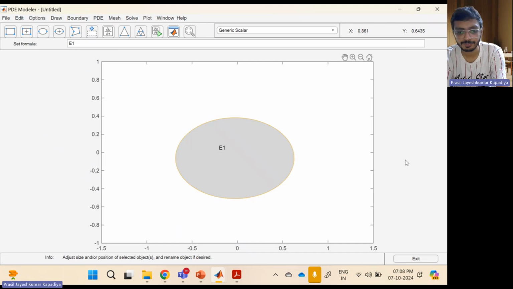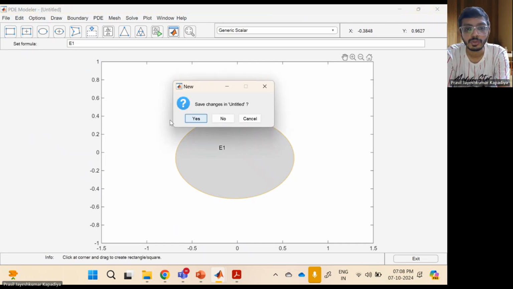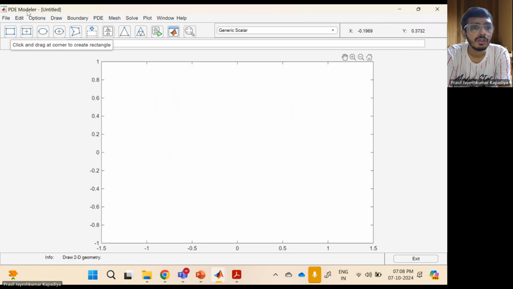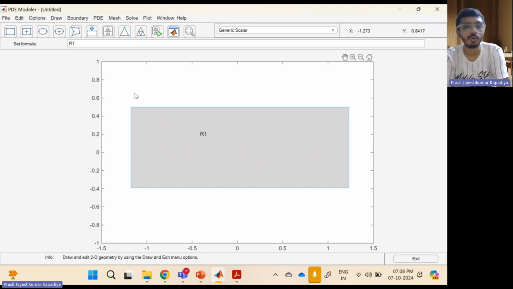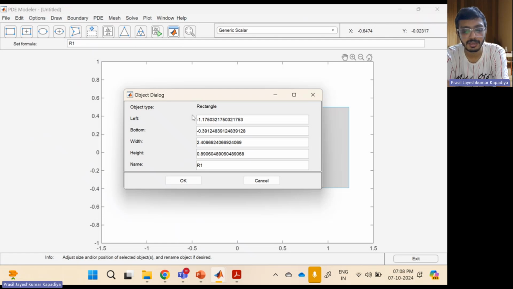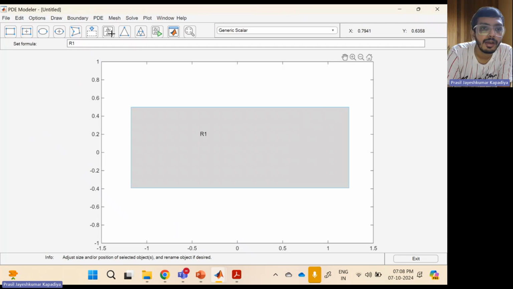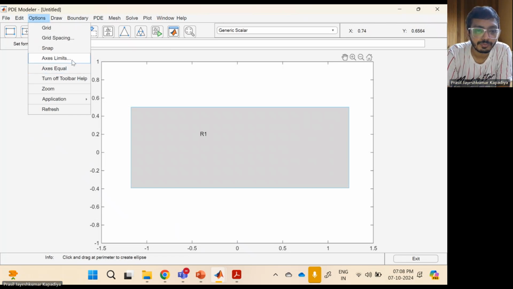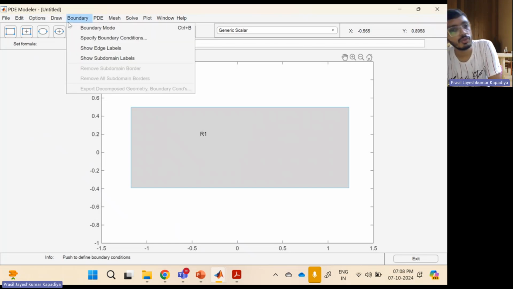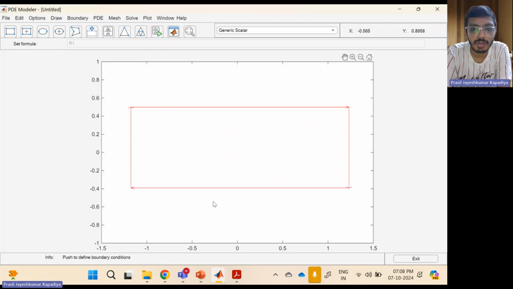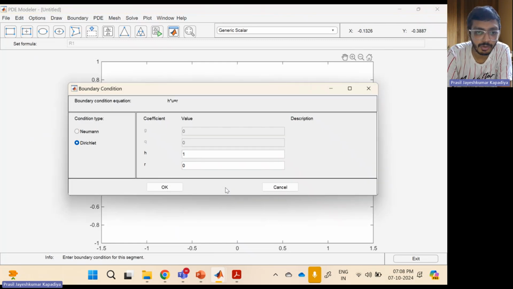Let's say I am choosing a rectangle, some arbitrary rectangle, then what do I need to do? If I want to edit those axes, then I can edit those values of height and width. I can do it from here. Then if I want to have some axis limits, I can also do it from here. Then I need to click first on boundary mode. So it will enable boundary mode. Then I need to click on each boundary